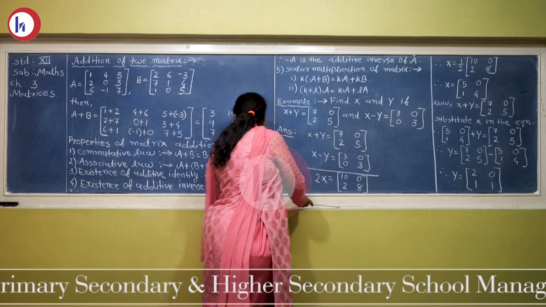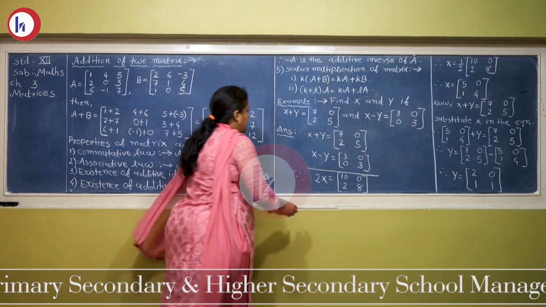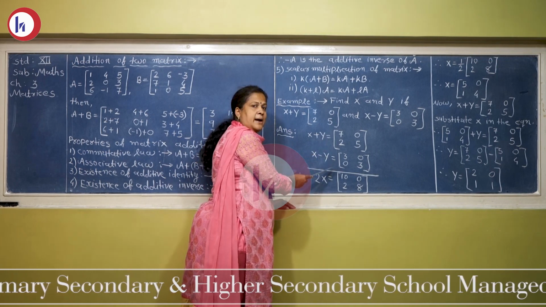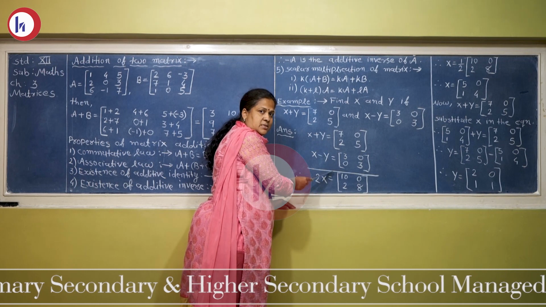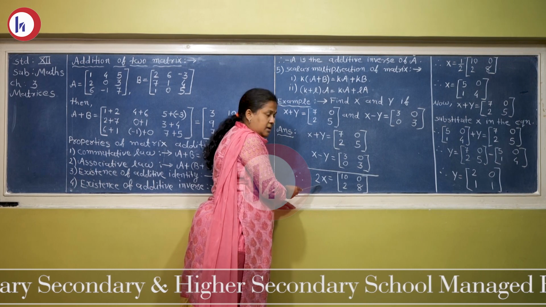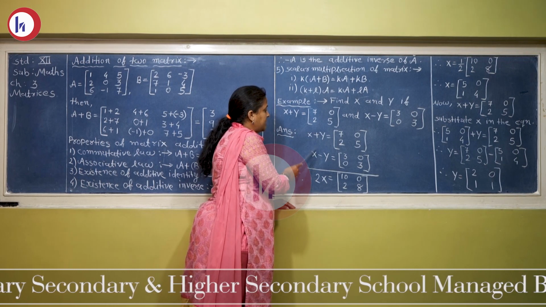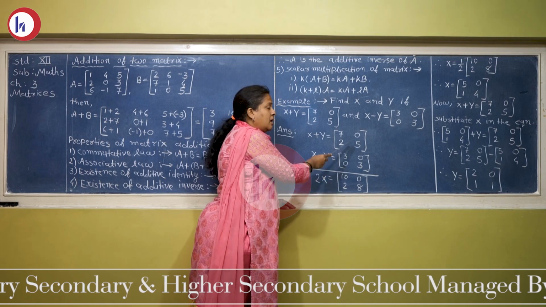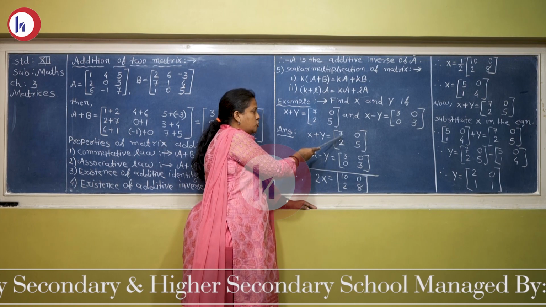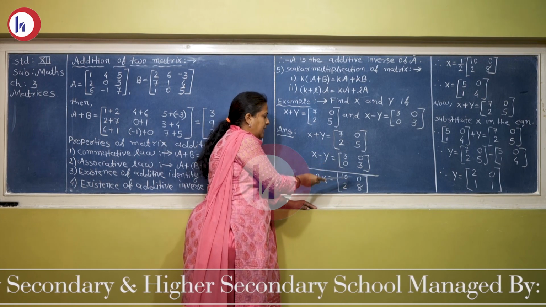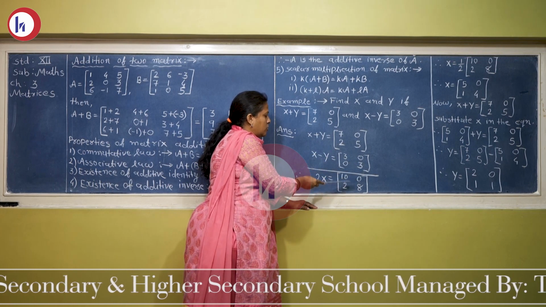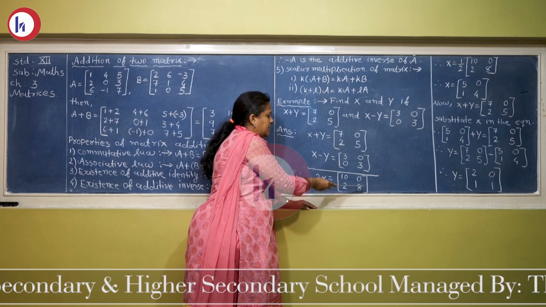Now here if we take this Y and Y, both will cancel because this is plus Y and this is minus Y. It will be cancelled, and the addition of X plus X gives you 2X. Here you are adding the left side 2 terms, so in the right side also we have to take the addition of the 2 matrix. What is the addition of these 2 matrix? That is 7 plus 3, 10, 0 plus 0, 0, 2 plus 0, 2, and 5 plus 3, that is 8.